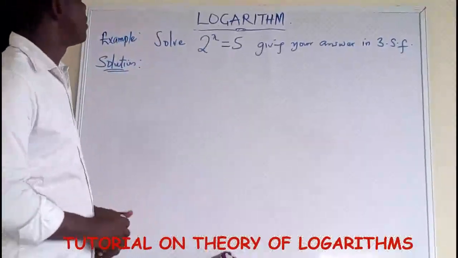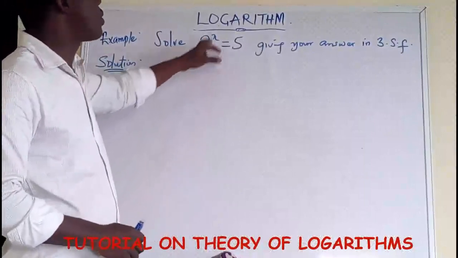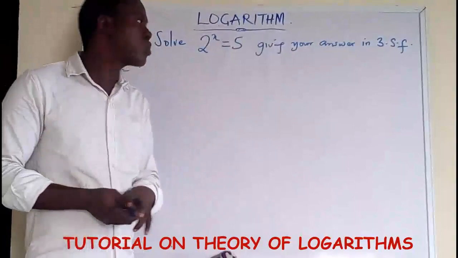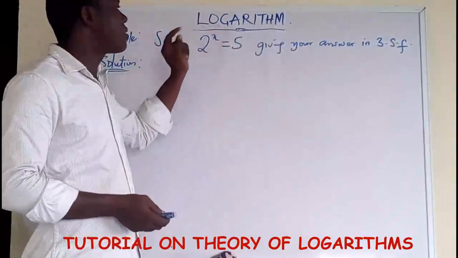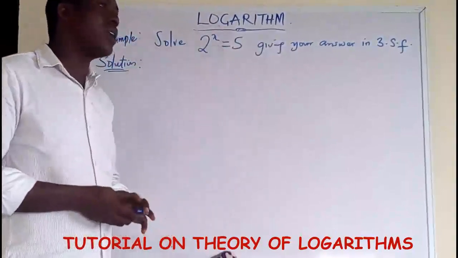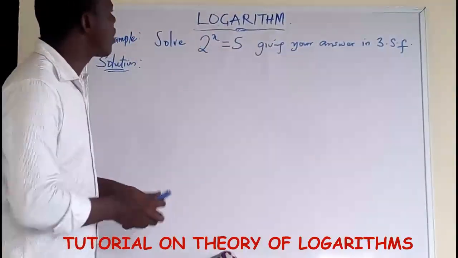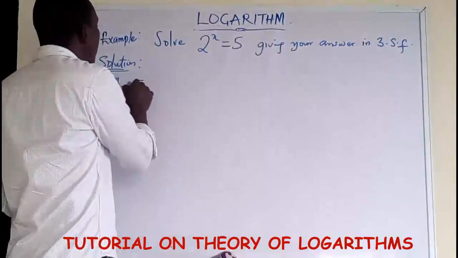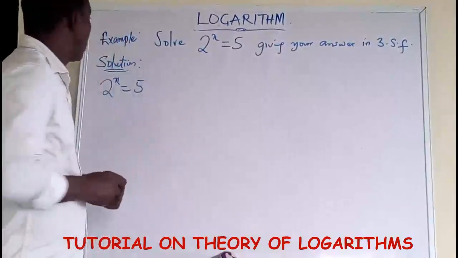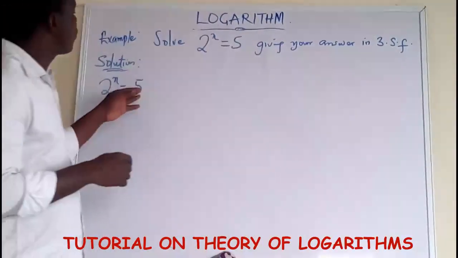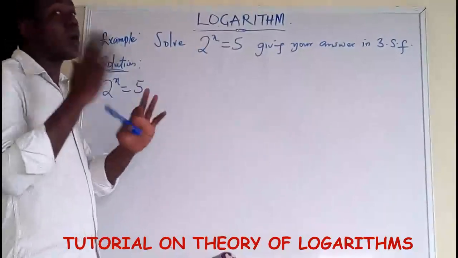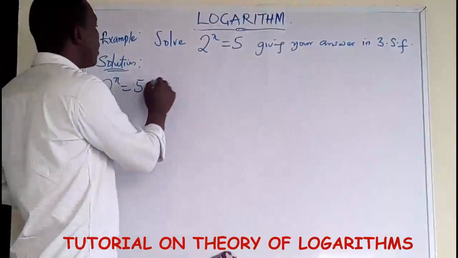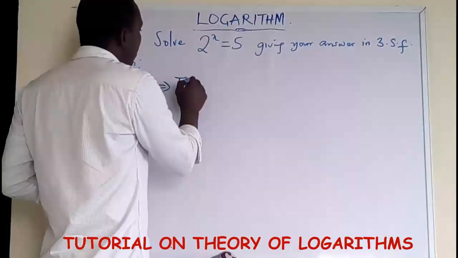This is another question that says we should solve 2 raised to the power x equals 5, giving our answer in 3 significant figures. If you look at this particular question, there's nothing we can do when it comes to indices to solve this, because 5 cannot be broken down into 2 raised to the power something. So the best thing we can do now is to